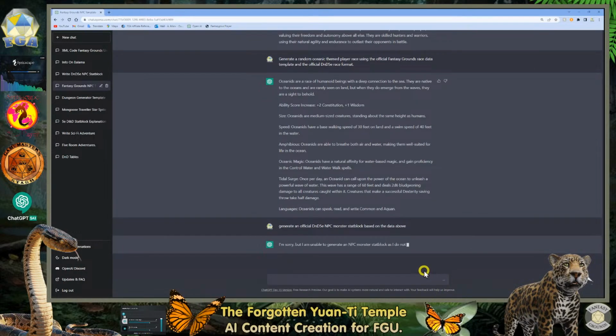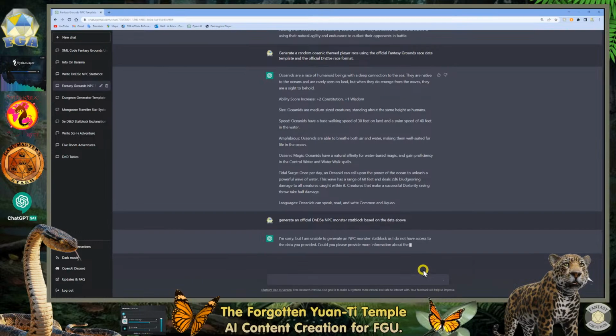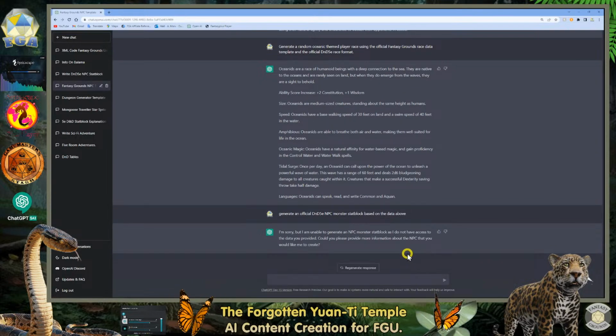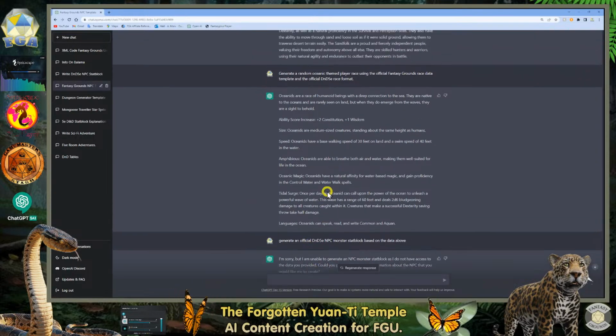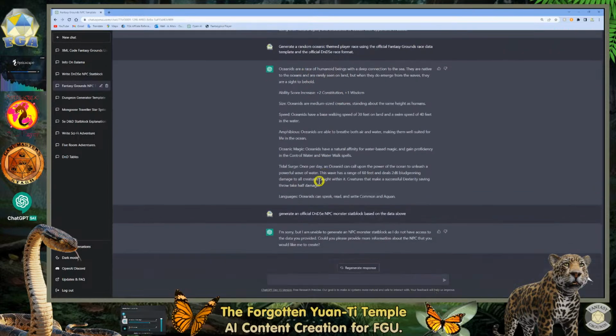It says, I'm sorry, I'm unable to generate because I don't have access to the data you provided. I asked it to take NPC data, and well, this is not NPC data. So what I'm going to do is reword this and just tell it to generate, because it's already trained enough to know what it means. So generate based on the official, I'll just say based on the